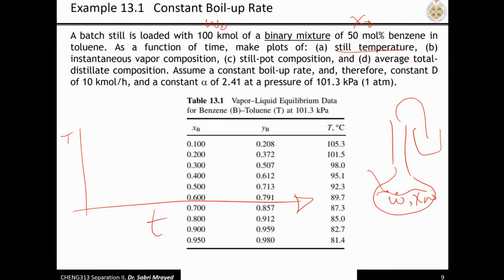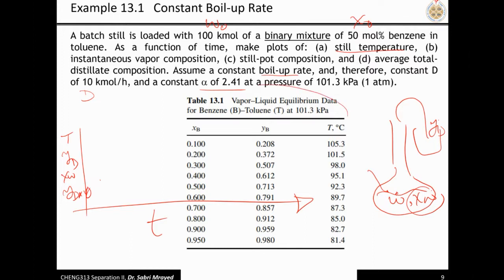He wants also the instantaneous vapor composition, so he wants YD as a function of time. All these are changing with time. Still pot composition, XW, also he wants W, and the average total distillation composition. And he's assuming a constant flow rate of D, so it is basically equal to 10. So this is your D equal to this value. He is also given the relative volatility 2.41